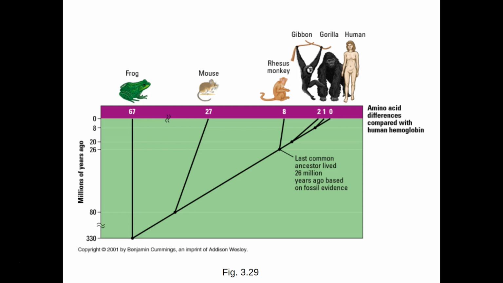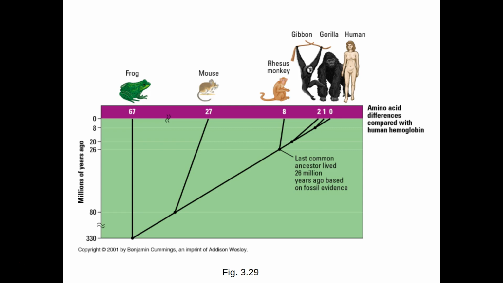So what this is saying is, for one particular gene, hemoglobin in this case, the difference in the gene for human hemoglobin and gorilla hemoglobin is 1 amino acid. 1, which is pretty small if you think about it, amino acids are these 200 or so, usually more than 200 amino